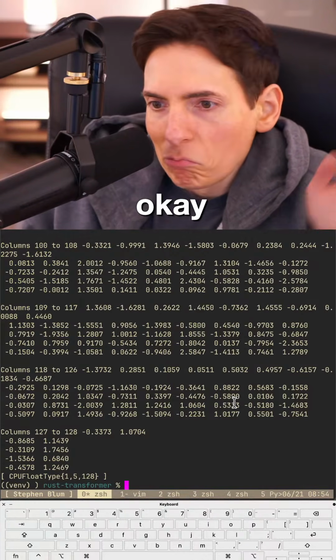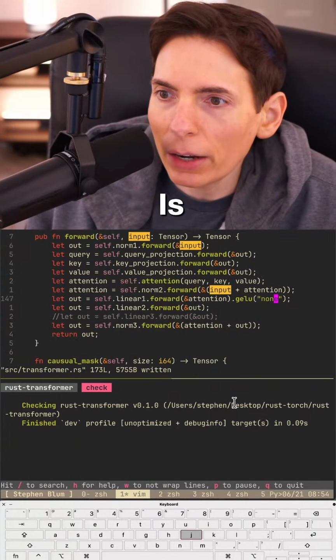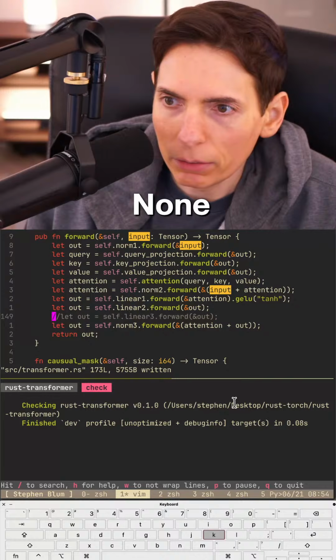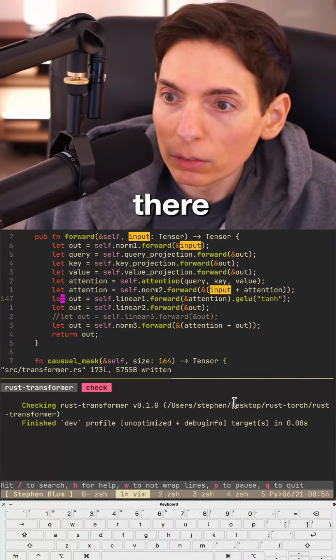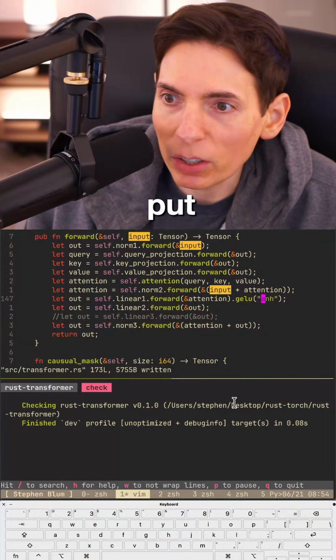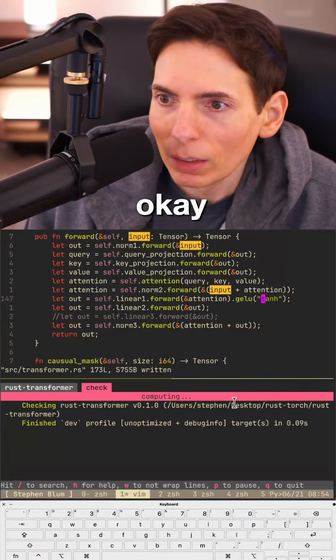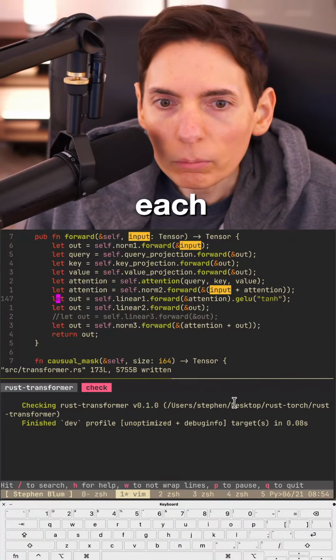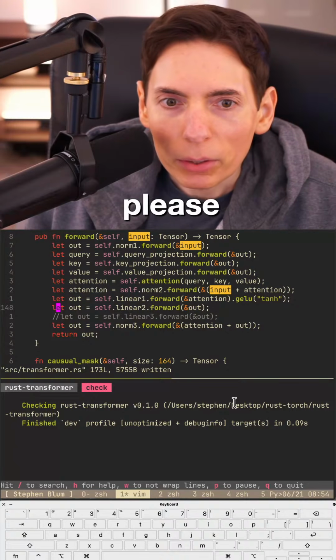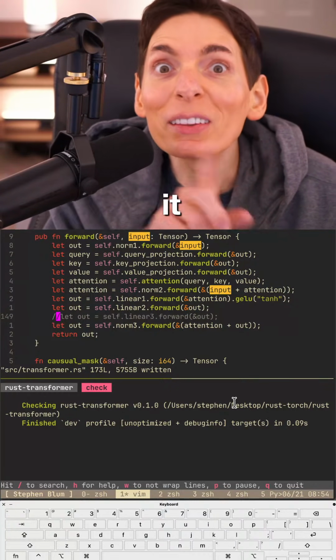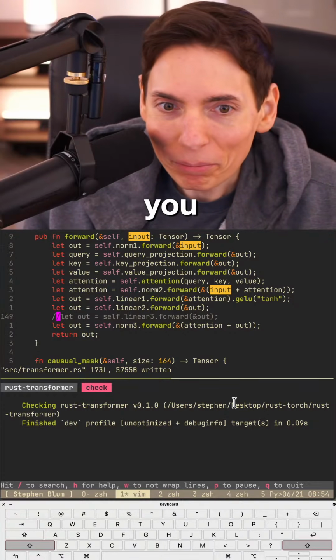Okay. There is either one way or the other. It either wants tanh or it wants none. What, can I put something else in there though? I'm just getting curious about that. What if I put an h? Is that going to panic? Yeah, it does. Okay. So it wants tanh. All right. Yeah, try that, please, Squirrel Sniper. All right, we did it. It looks good to me. We're going to keep it. Thank you, Squirrel Sniper.